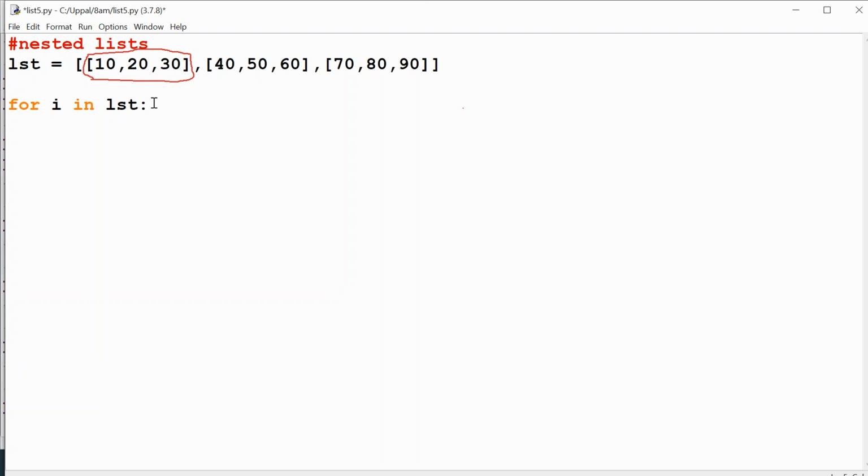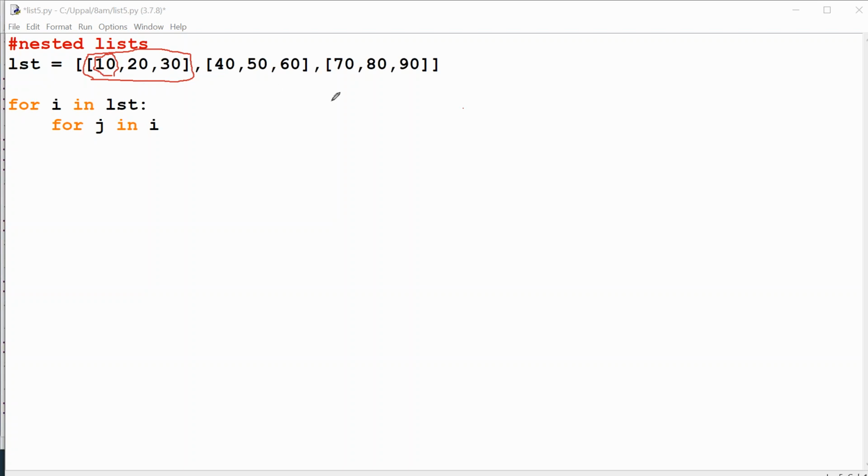Come inside. For J in I, what is J? J is the first element in I. What is I? I is 10, 20, 30. What is J? J is the first element of I. Means J is your 10. Am I right or wrong?